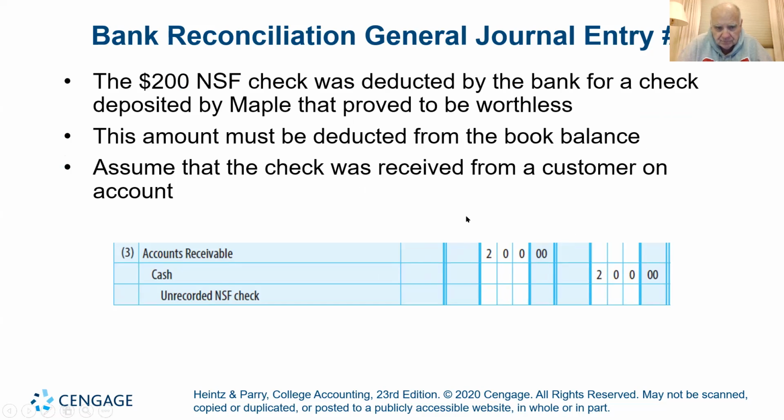Look at the bounce check. You notice we debited accounts receivable. Well, the reason for that is when we received this money from our customer, we debited cash and we credited accounts receivable, thinking that we had money. Now we find out that that customer sent us a bad check. So we have to credit the cash. We don't have that cash anymore, and debit them back on the accounts receivable and give them a tongue lashing first thing in the morning. Hey, you gave us a check that bounced. What's going on, please? Find out what's going on.